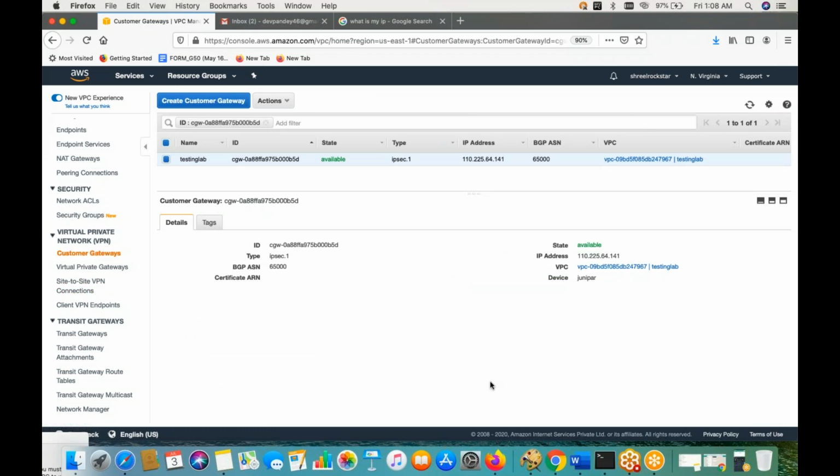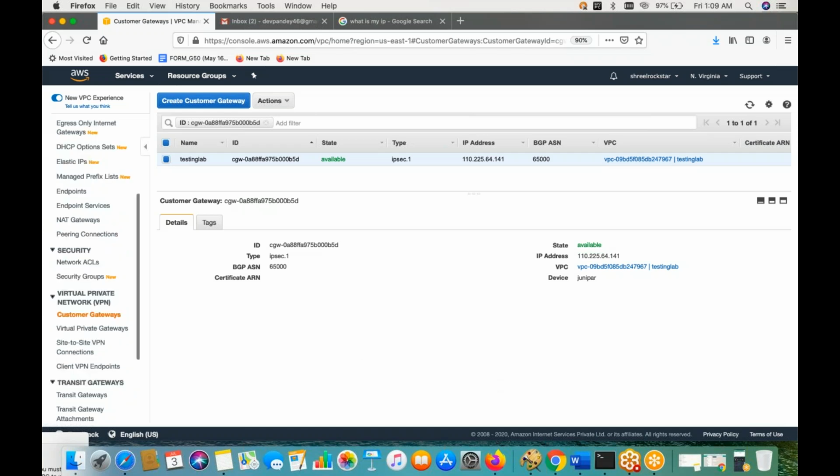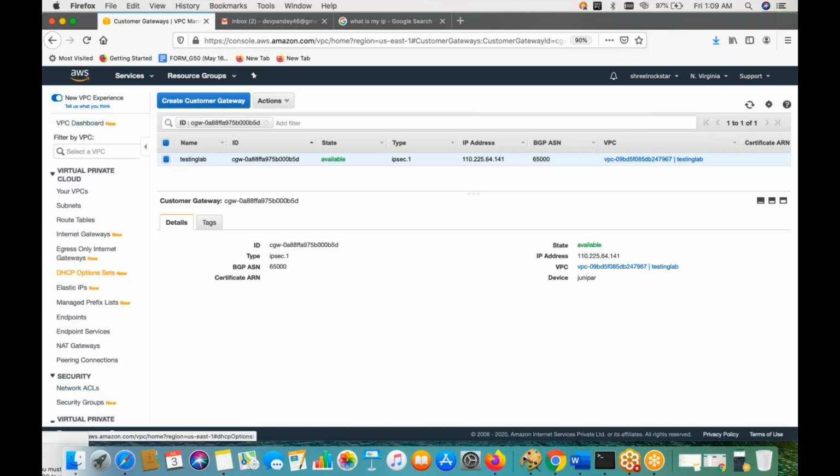Are we good? Got it. That means definitely we need to have two tunnels for this VPN process. That's right. Two will be automatically created because we are going with BGP routing, which AWS provides us in a high availability mode. Okay, got it. And it's a managed service already, so we don't have control to go with single or double. It's already providing us the high availability. Okay, got it.